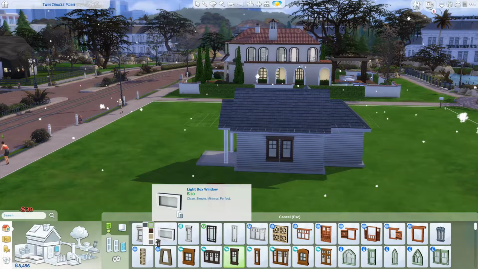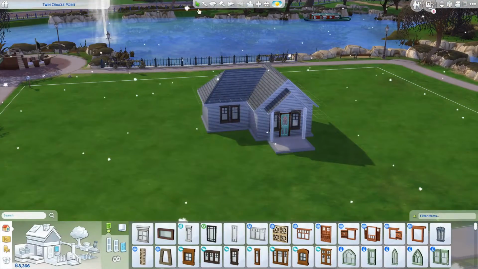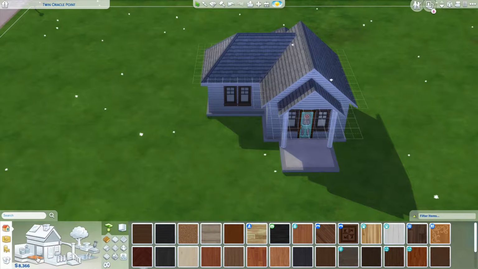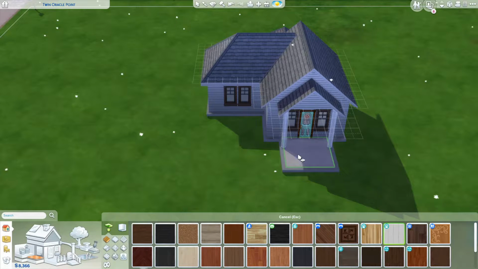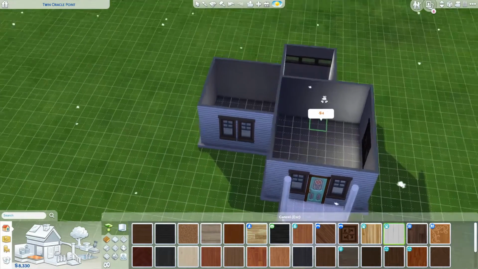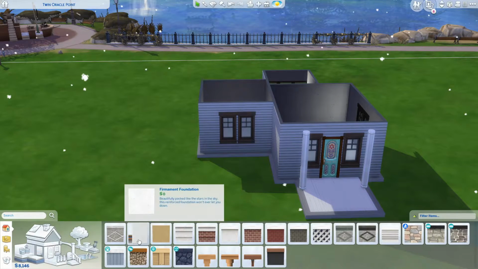And let's get some windows for the bathroom. Okay, because this is a starter house, we're not concerned with it being too decorative or particularly well decorated at this point. Let's get rid of the grid. Let's see what we've got as far as...